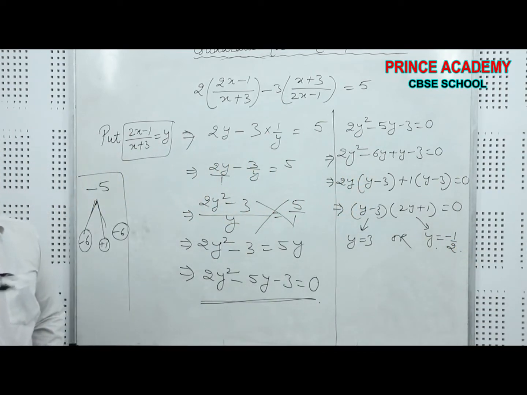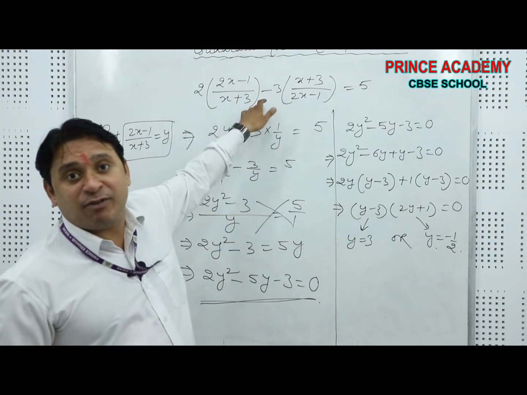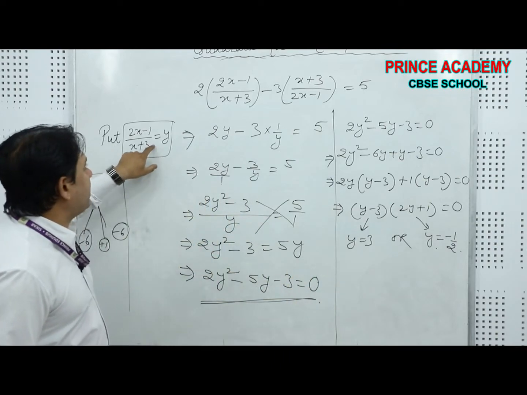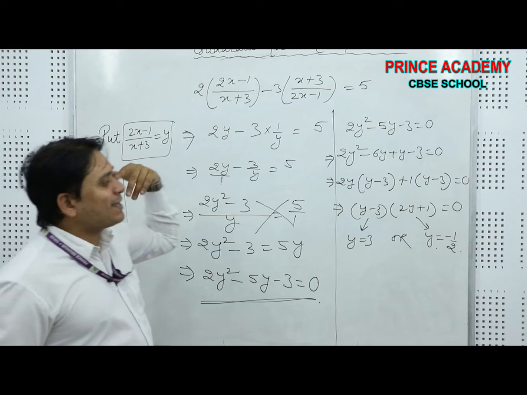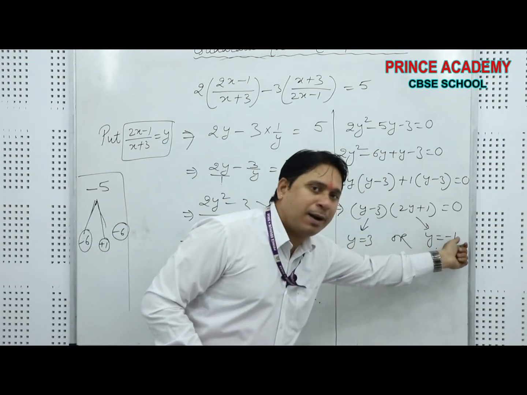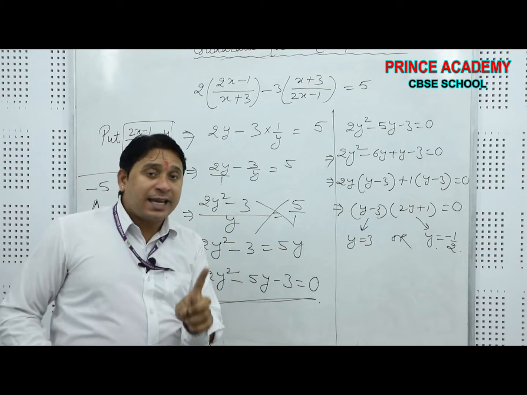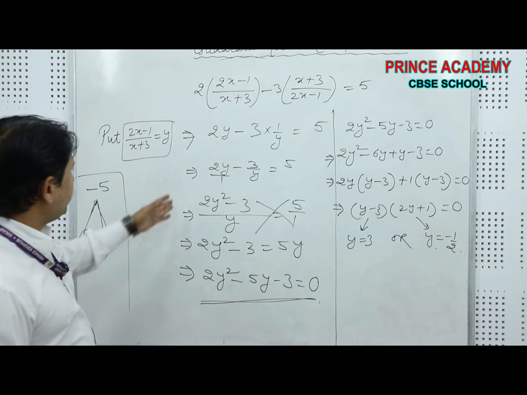Now see beta, the sum is not over because this equation was in x and we have to find x. Okay, y is equal to 3 we will put here, then cross multiply, we will find the value of x. In the same way, in the other case, y is equal to minus 1 by 2, we will put here and find the value of x. See, I am finding one value, another value you have to find by yourself. Once you take the screenshot,